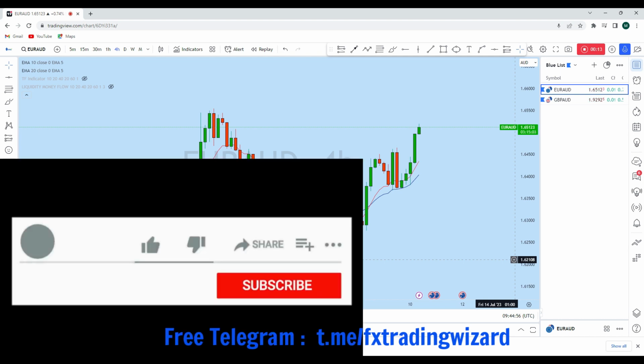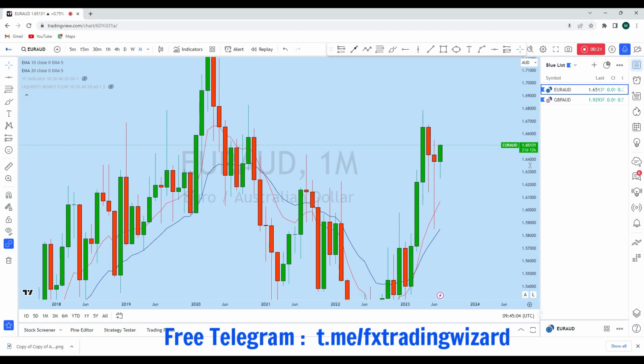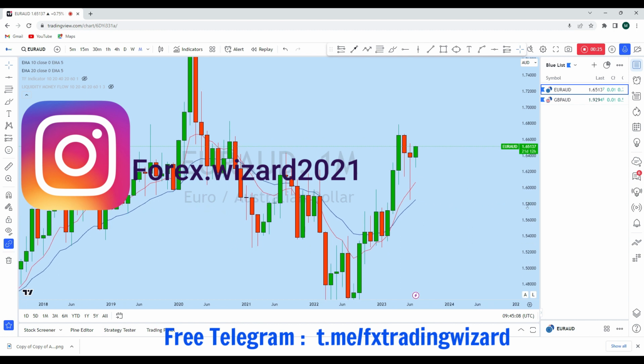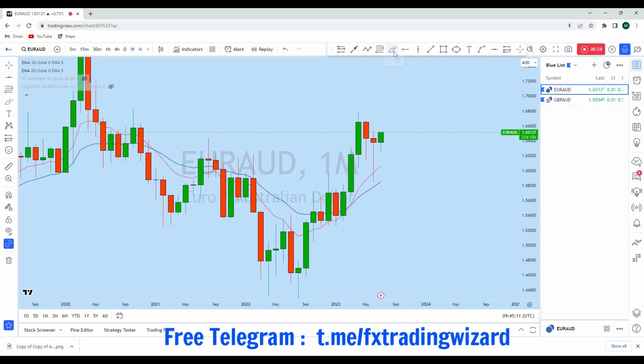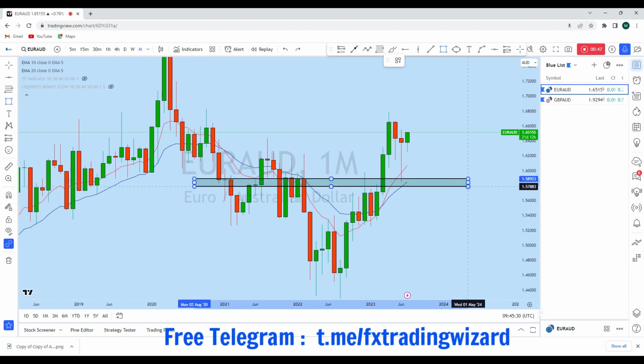Now before we discuss how we can trade, first let's look at the bigger picture, looking at the monthly time frame to see the overall picture in the market with Euro AUD. What we see is that this is a long-term bullish market. If we look at this monthly price action, we see back to back 3 months of a strong impulse along the direction of the major trend, and it has come back down again to this important level of previous resistance turned support. This monthly candle has tested this level,